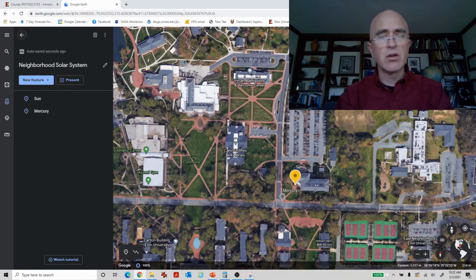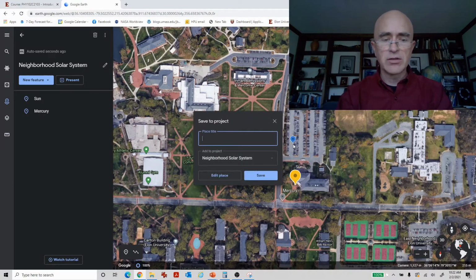And sticking with a road, sticking with sidewalks, sticking with places that you're somewhat familiar with, let's find where Venus would be. So again, I'll come back to the measuring tool, start at the sun, and Venus was about 78 solar diameters away. So we're going to find a spot about 78 meters away, which is partway into the McMichael parking lot, maybe. Let's find something around here that's pretty close to 78. So again, I'm going to take another pushpin and mark that spot as a potential location for the planet